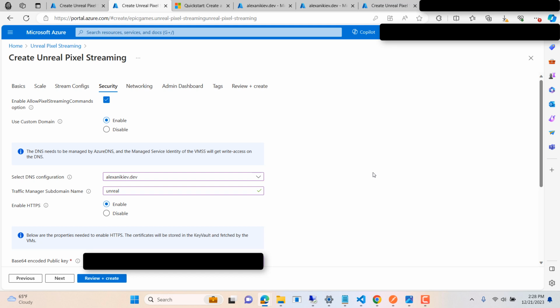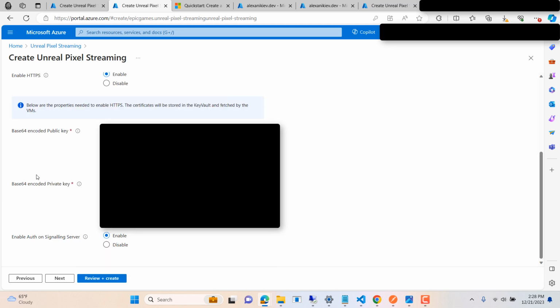Now let's dive into the Unreal Pixel Streaming marketplace item. So just a quick reminder that for unidirectional or bidirectional communication between the website and your Unreal app, it's great to have that allow Unreal pixel streaming commands marked. Then for custom domain, we mark enable, and we specify the DNS resource in Azure, in this case for my domain. For the traffic manager prefix, we specified a string, and then also we're enabling HTTPS, which requires us to